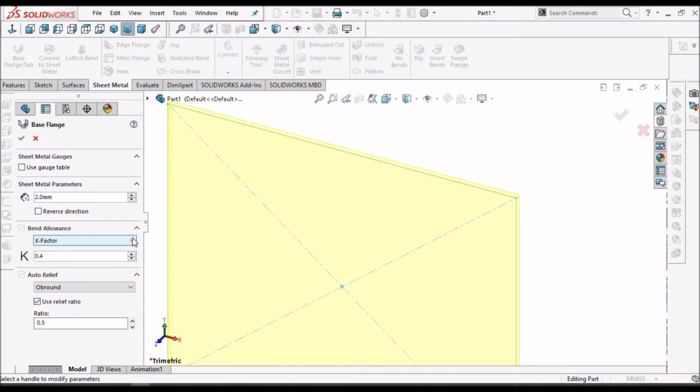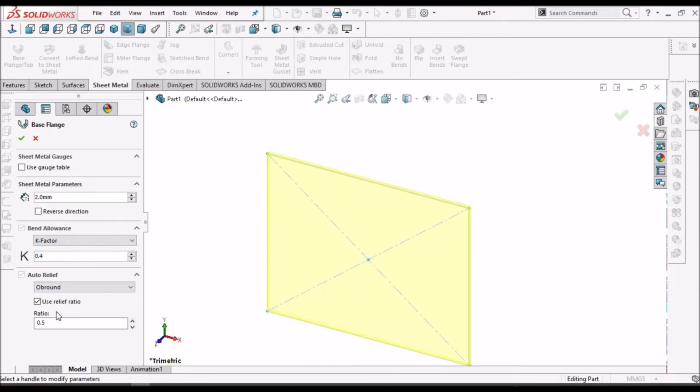Now here we have the K factor. Usually in real practice we will apply bend allowance or bend deduction. So at this moment I am giving K factor as 4.4. The auto relief features are applicable for edge flange when it is created on this base flange.